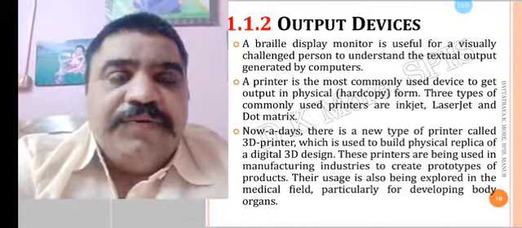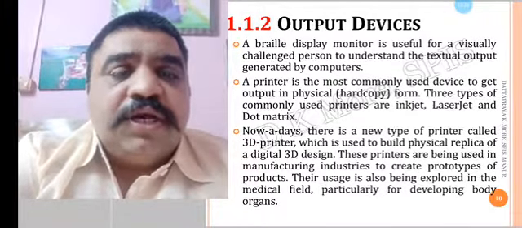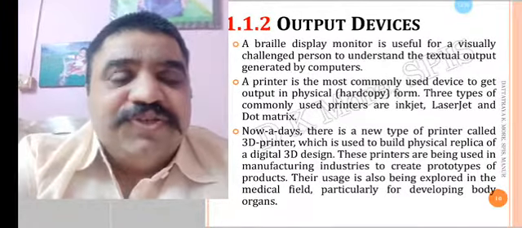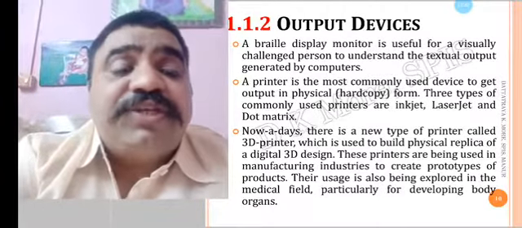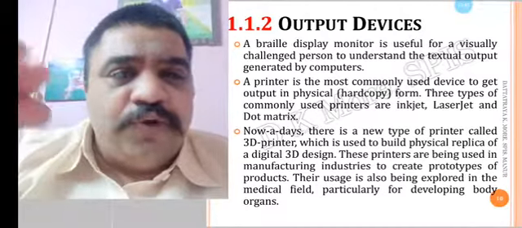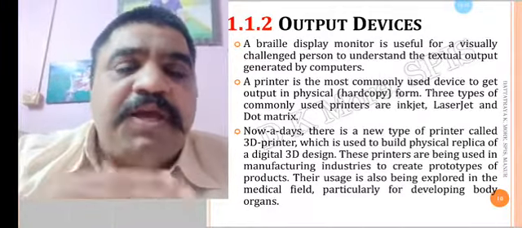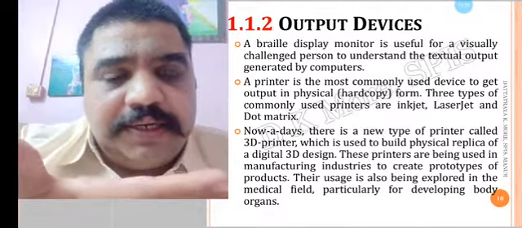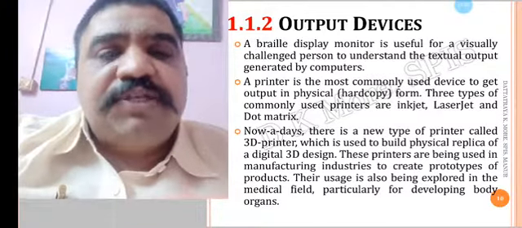One more benefit was there: in offices, like legal work or in government offices, we need some carbon copies. So through the dot matrix printer, we are able to take carbon copies. Two or three papers were there together, a bundle of them. In between them, carbon papers were there, and a big roll of those papers. And then you insert that paper in the dot matrix printer, and as soon as it starts to print,